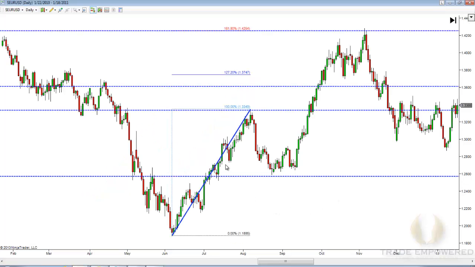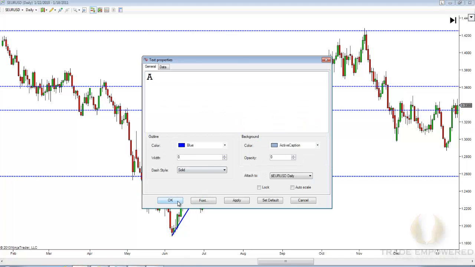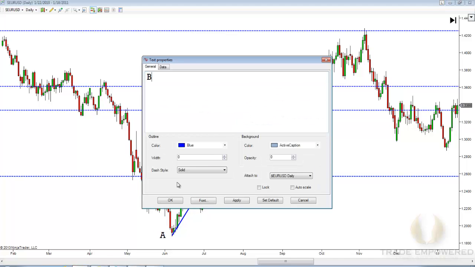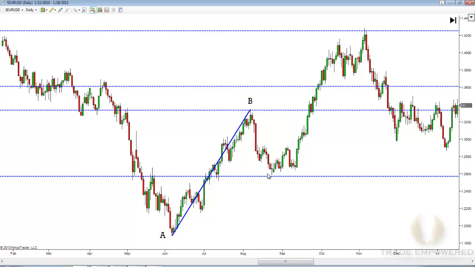So let's take a look at a chart. We have our initial leg right here. We have our A leg, swing low to swing high. This is going to be our B. We then get our outside return. This is going to be our B to C move. In order to predict our D completion,